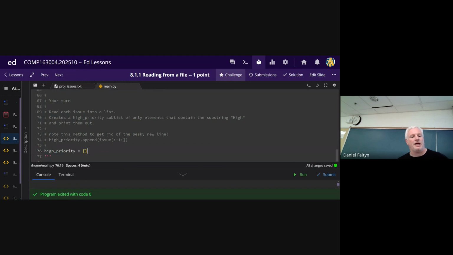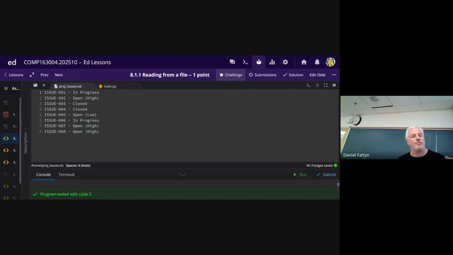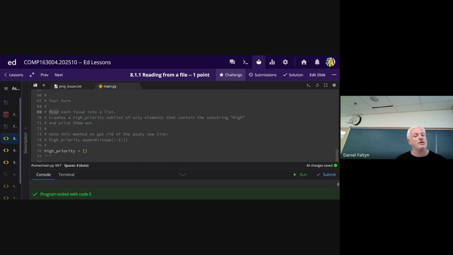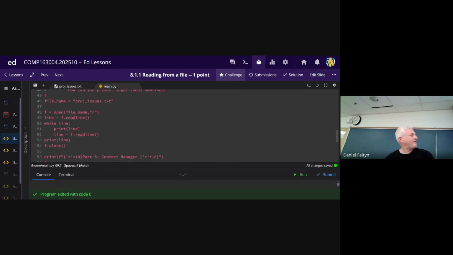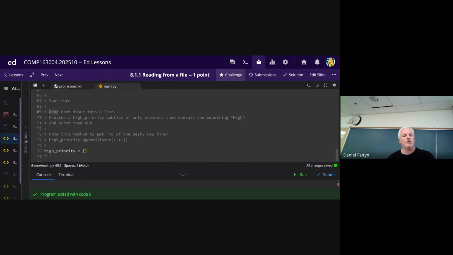So in this particular case, you're going to read from this same file, right? And notice this file has a bunch of priorities. Some of them are marked high, some of them are marked low, some of them don't have a priority at all. This is asking you just to read from that file and create a list with the ones that have the word hi in it. So again, everything you need to read a file, we just covered. All you need to do down here is apply what you learned in the previous sections.